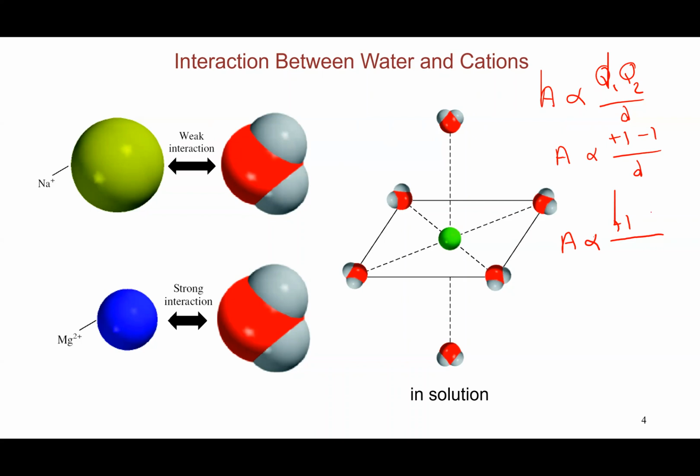It's not going to be a whole charge. It's a fraction, like maybe we could consider it 0.5. So divided by the distance between them. So you could imagine that the interaction in case of ionic bonding is going to be significantly higher than interaction between ion-dipole interaction. So attraction in ionic bonding is going to be significantly larger than the attraction between an ion